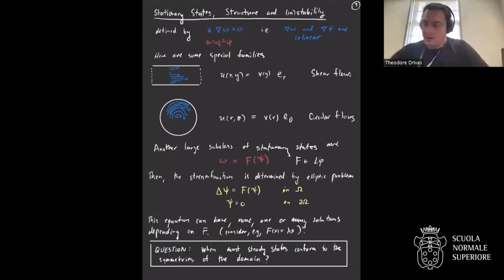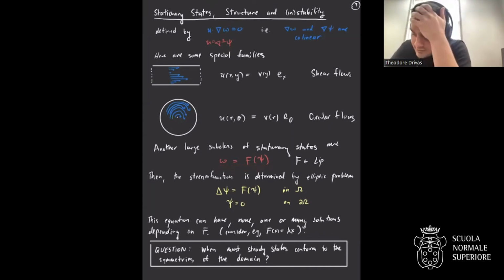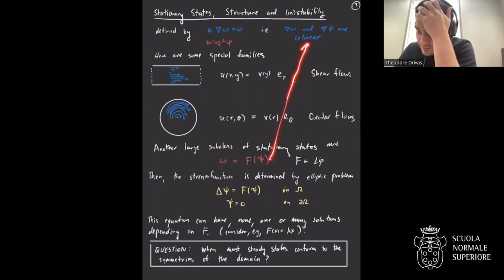Okay. And so there are some simple families of these that everybody knows. Shear flows, for example, on the periodic channel are one such, where the velocity is in the direction down the channel, but it can vary in intensity as you go across it. Another such are circular flows on the disk. And all of these have the property, of course, that the gradient of vorticity is collinear with gradient of stream. More generally, you could think of a functional relationship where you specify the functional relationship f between vorticity and stream function. This will obviously have this property.